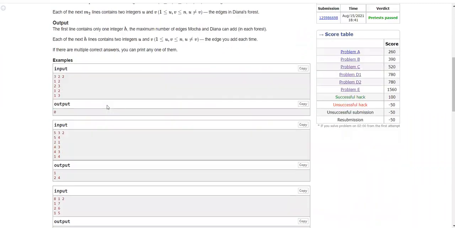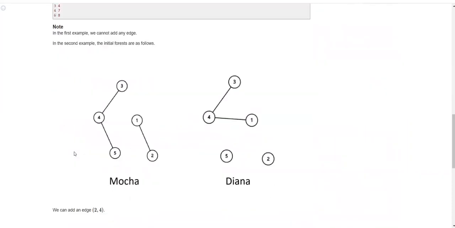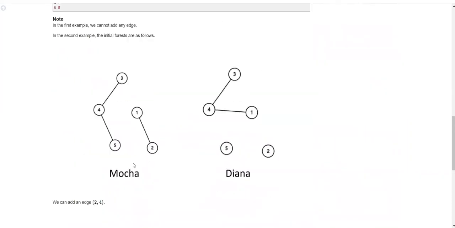Okay, let's see with this second example. So this is for Mocha and Diana. There are a total of 5 nodes, and these are the edges which are already given. So what we can do is pick any one node. Suppose let's take node number 1. From node 1, we will check where we can add an edge.